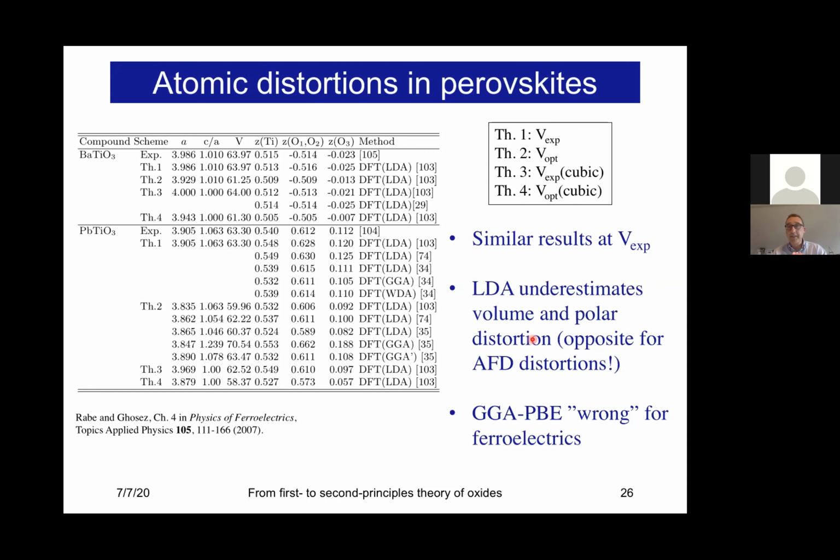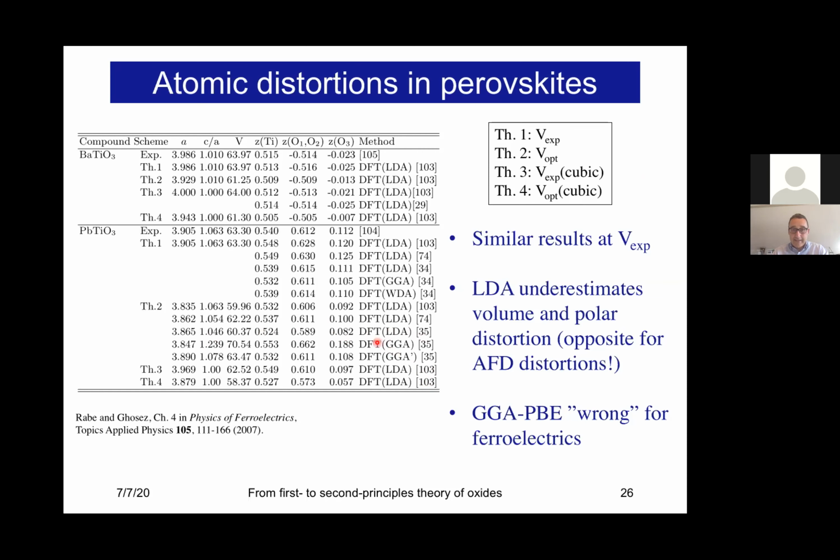Of course, here I'm saying that we underestimate the polar distortion. It means that we could also overestimate the antiferrodistortive motion, because the antiferrodistortive motion just has the opposite sensitivity to volume. When you have a smaller volume, you amplify the oxygen rotation, and so you typically see that trend also in perovskite. Another point that is good to know, and just to illustrate that GGA is not always better, if we look at GGA PBE for ferroelectrics, you realize that